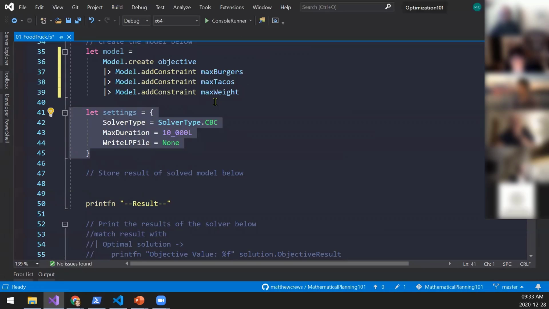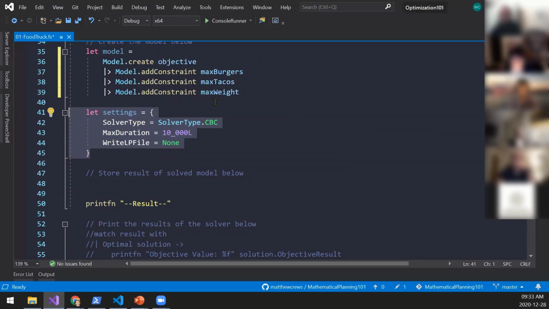One way I like to think about mathematical planning and the whole workflow, it's a lot like writing queries for a database. SQL is a declarative language for what the result set looks like, right? It's like, hey, I want to do some joins and some where clause and some filtering. We're doing something very similar. We're building this model, which is a description of what we want. I want a solution that obeys these constraints, but give me the best possible value given these constraints.